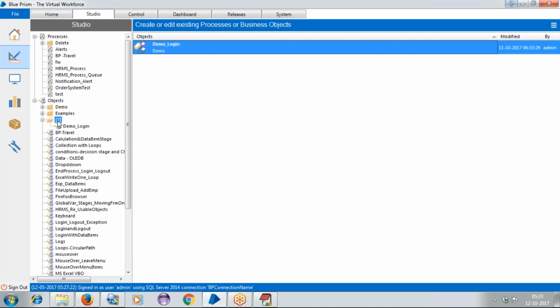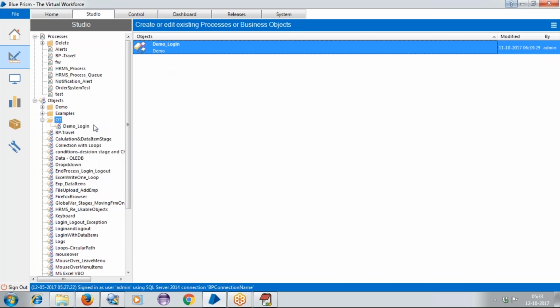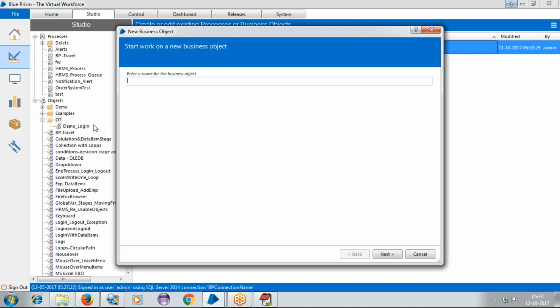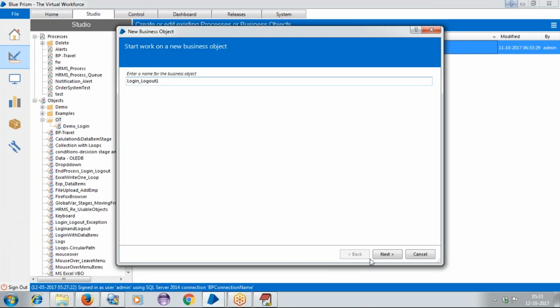For example, I'll right click and choose create object. Then it will ask for the object name. Whatever object name we want, we provide it here. So I'll mention login and logout. Now I'll click on the next button.